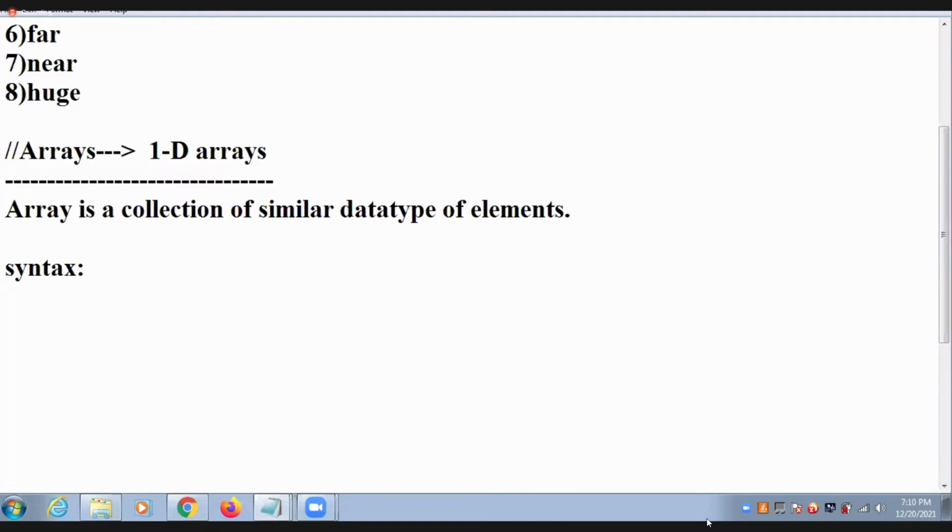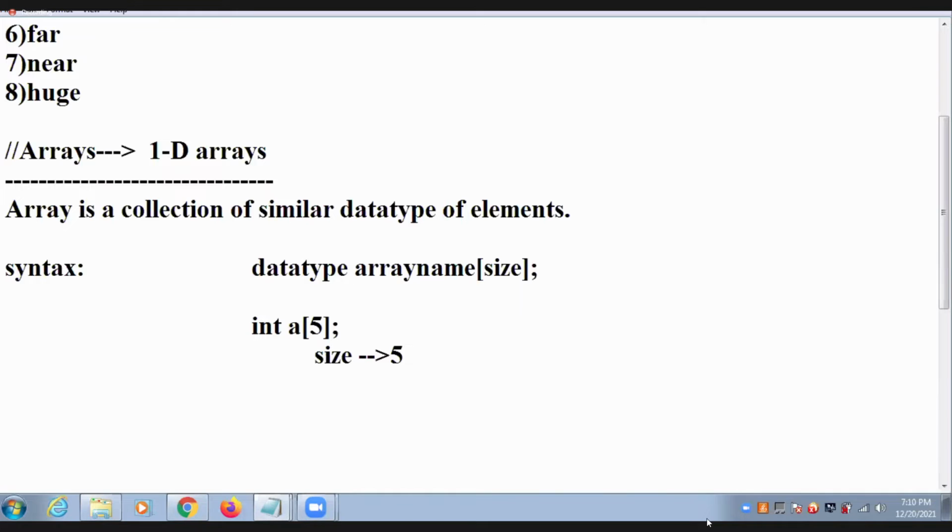Data type, array name, and size. We need to mention size, guys. For example, int a of 5. What is a, guys? Array name is a, which is nothing but a pointer. What is size? Array size is 5 elements.